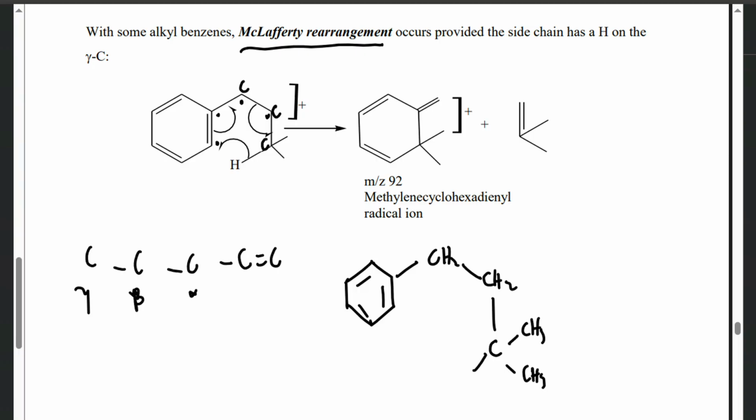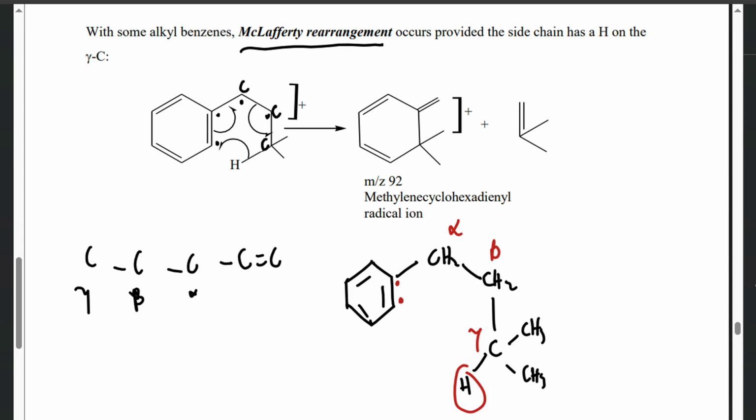You see there's a gamma hydrogen there. So this is alpha, this is beta, and this is gamma, and there's a gamma hydrogen there. So this double bond, you break it, you're going to have something like a dot here. So this bond is breaking. If this bond breaks, so